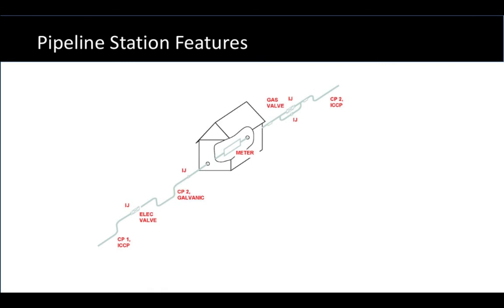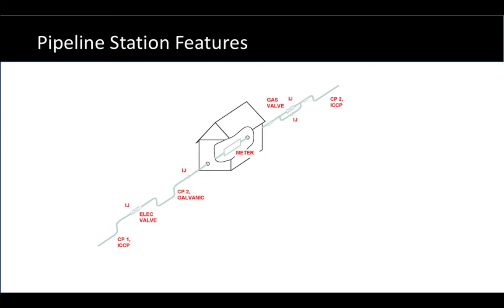Let's look at some of the features of this station, and that includes, starting from the lower left, a cross-country pipeline, and let's make that be an impressed current cathodic protection system with a rectifier, coming up through an insulated joint and a motor-operated valve, back below ground again for a short run, and let's make that be a galvanically protected system, through another insulated joint, then into a building where, let's say, we meter gas and have other electronics